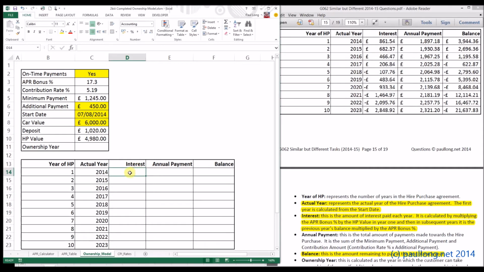Now let's have a look at the interest. We're told here it's the amount of interest paid each year, so it's annual, and it's calculated by multiplying this APR bonus percent by the HP value in year 1. So let's set that up. It's going to be the HP value multiplied by the APR bonus. Now at the moment this suggests that they're going to be paying £86,000 in interest. That's not right. The reason is because we've multiplied by 17.3, but what we actually want to do is multiply by 17.3%. So because it's percent, we divide by 100, and we can now see that the interest in that year will be